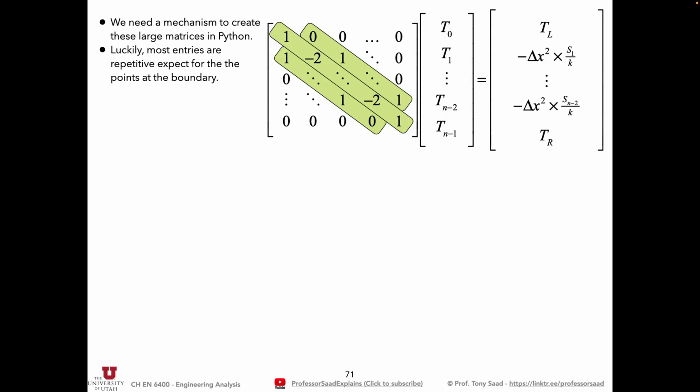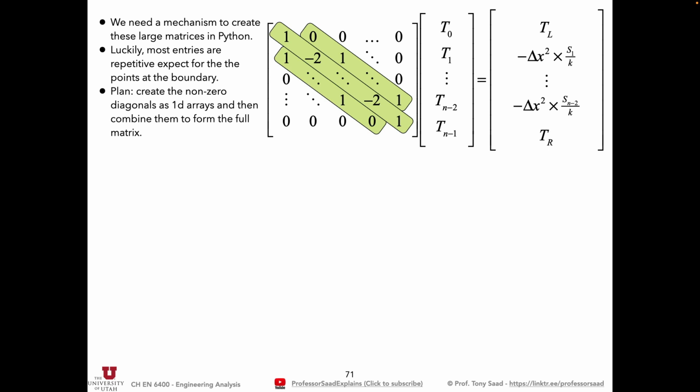Most of the entries are -2 here. Most of the entries here are 1. Most of the entries here are 1. So it doesn't seem that complicated to build this. Here's the idea. What if we can create the non-zero diagonals as one-dimensional arrays? I'm going to tell Python, create an array of size n that has -2s in it, and then fix the endpoints. Create an array of size n minus 1 that has 1s in it,